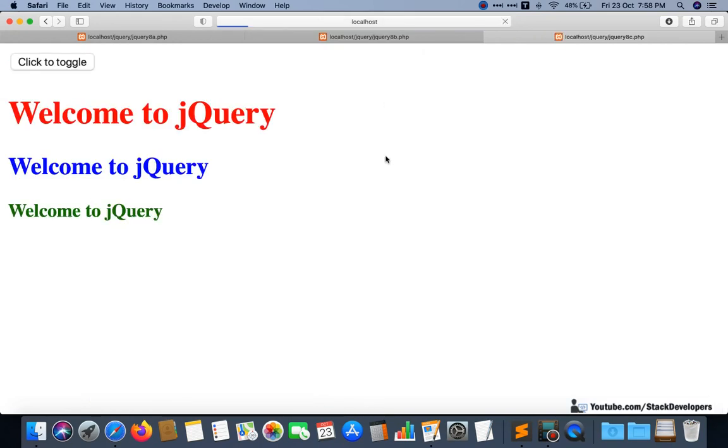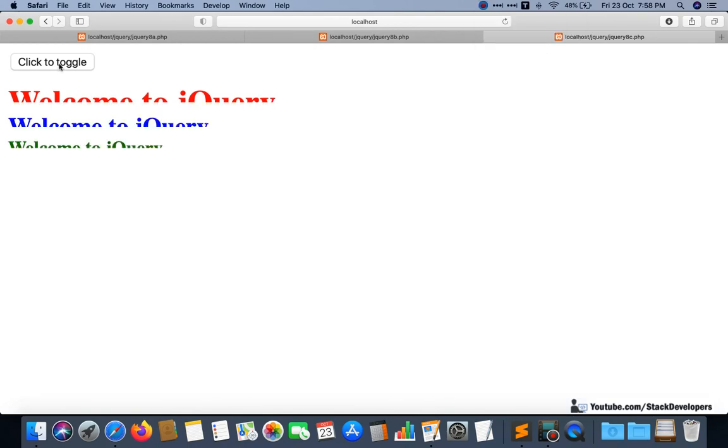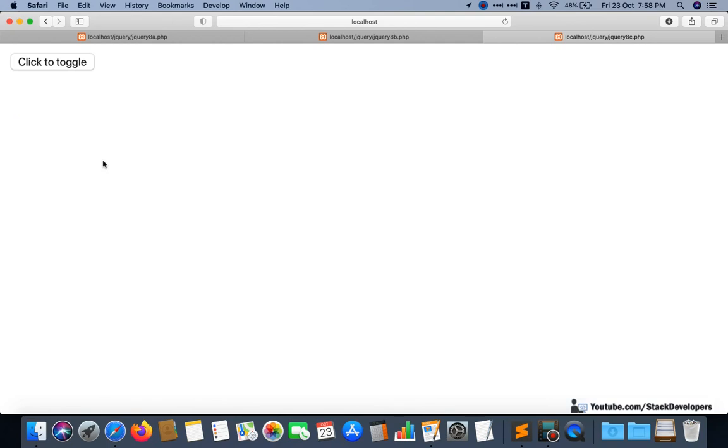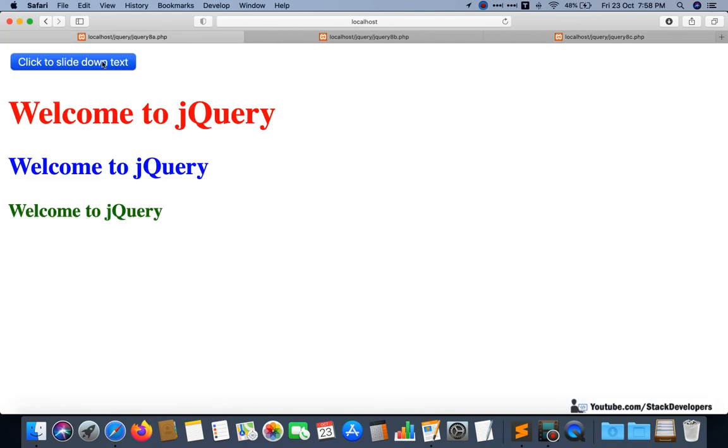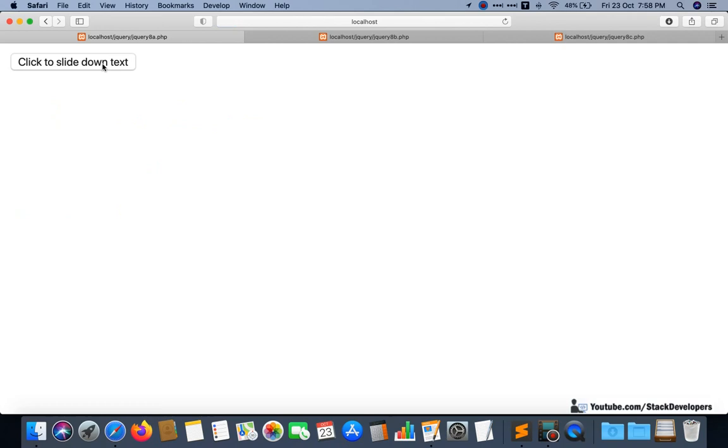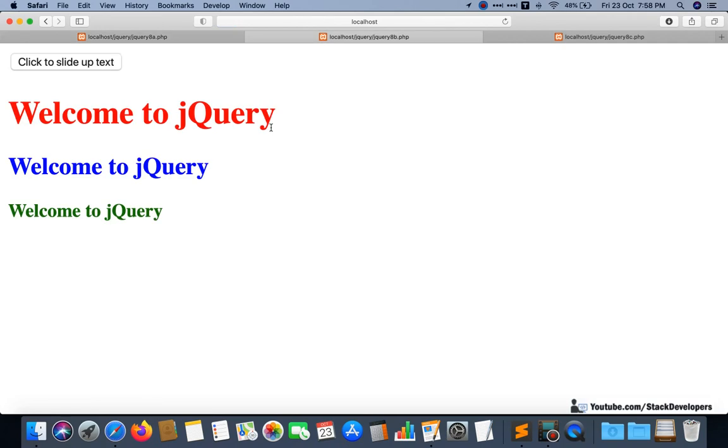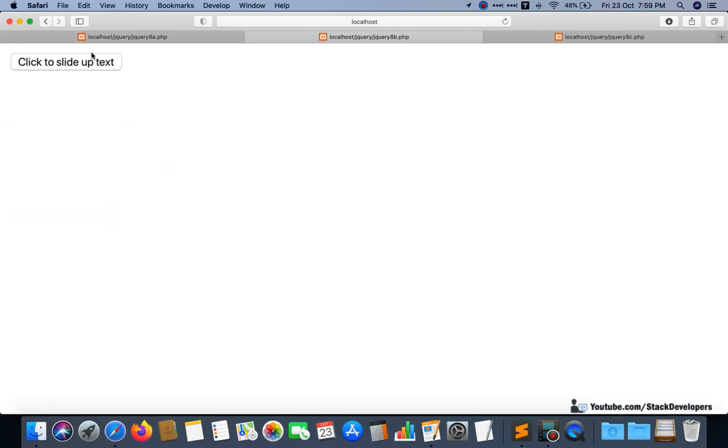Okay, so HTML elements are first appearing, and now I am going to check. See, click to toggle. See, they are going away. Which effect is working? It is similar to which one? See here, it is similar to slide up.